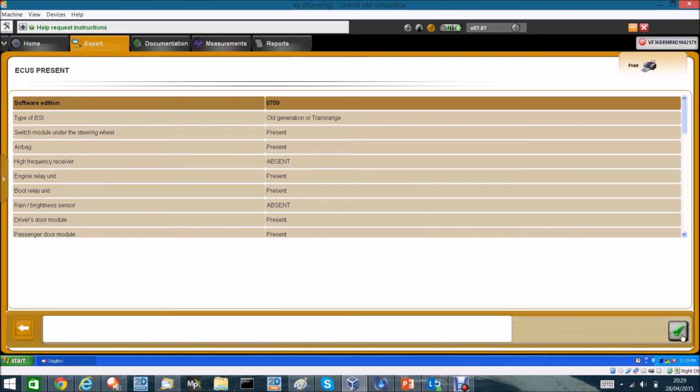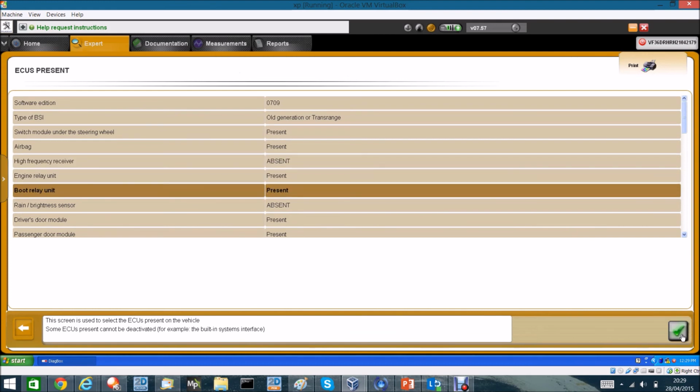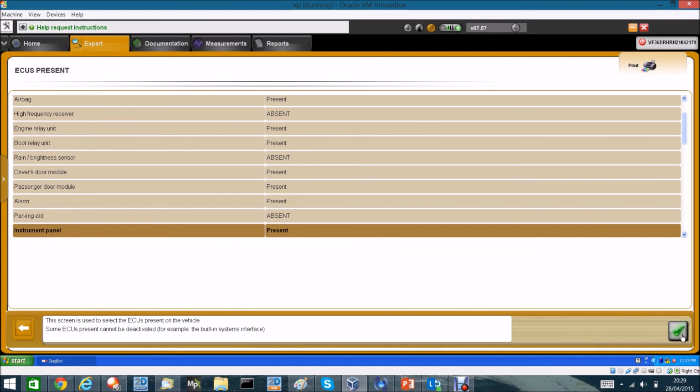Now, you scroll down. And be careful not to fiddle with these, because you could end up breaking things. So you scroll down to radio. And you set radio and display,